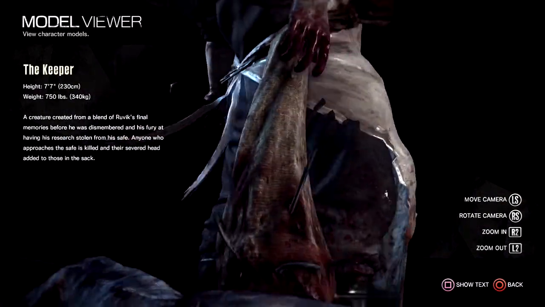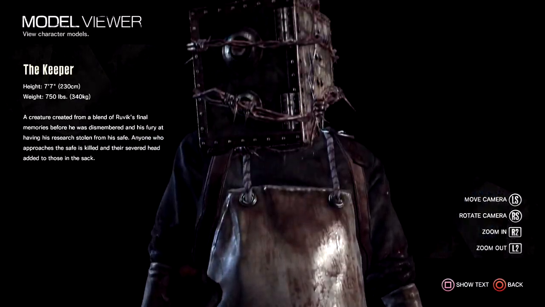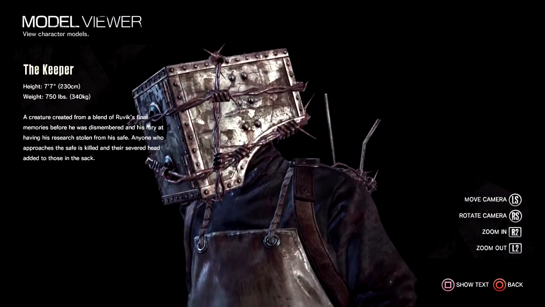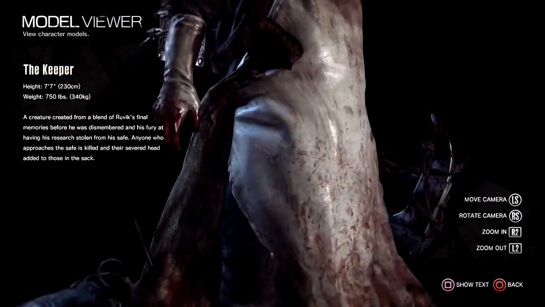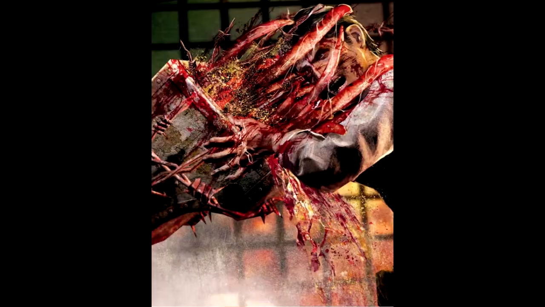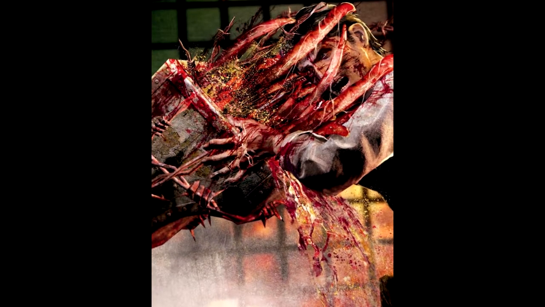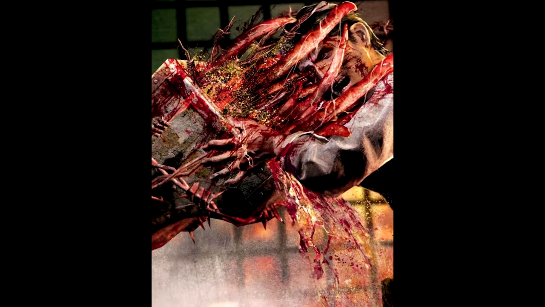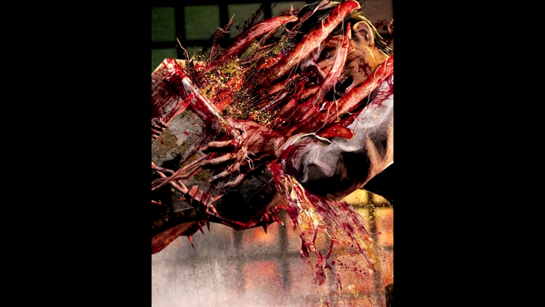The Keeper carries around a bloody, tattered bag, which is used for stowing away decapitated victims, since the safe has an inner maw that can kill all intruders. This creature more or less represents the atrocities of Ruvik's past and everything that circulates around keeping that hidden. He also carries a massive hammer that will critically wound or impale anything that moves.